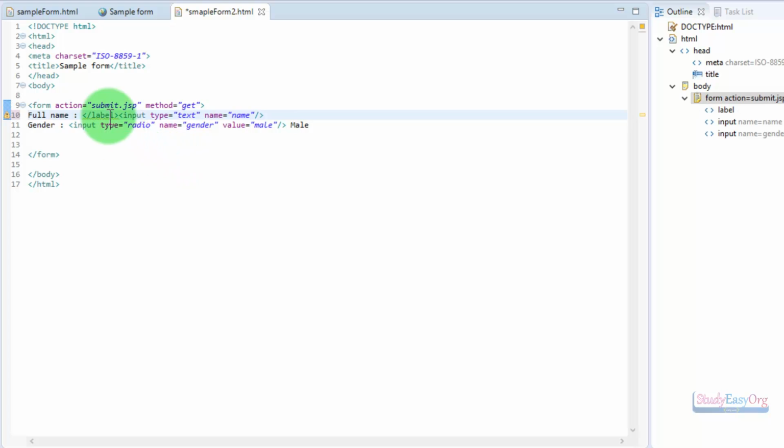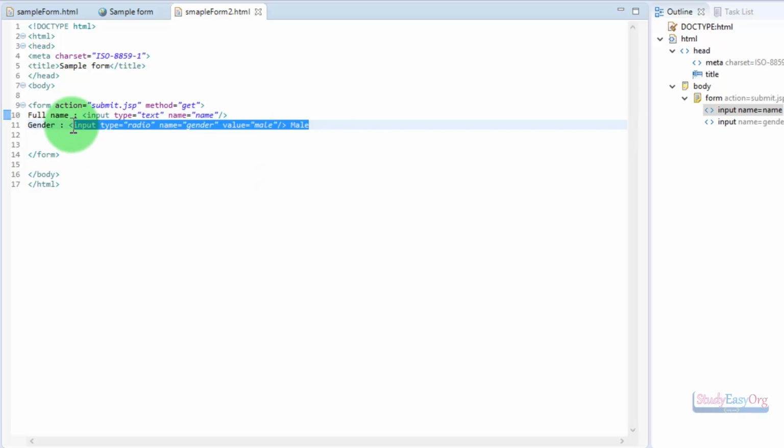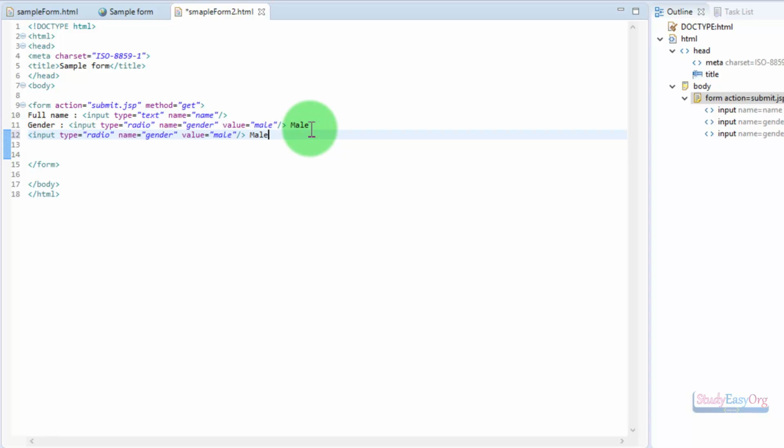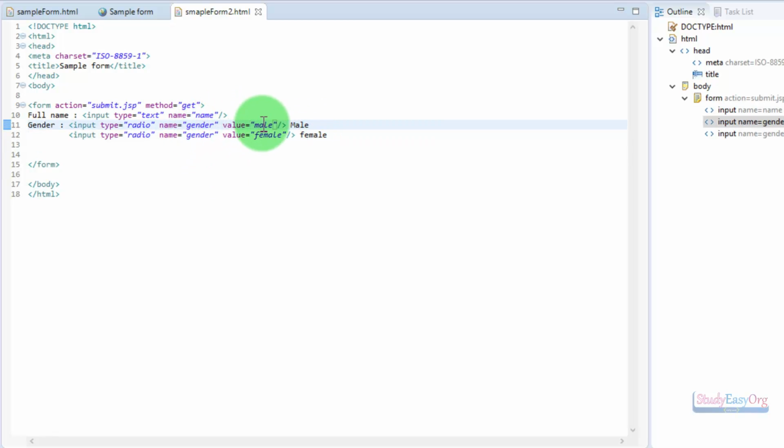This is just an informative thing. Let us get rid of the label, and let me copy this line and paste it once again in here. The value will change to female, and it would be again female. And if we would like to make any of this radio button checked by default, then we can mark this